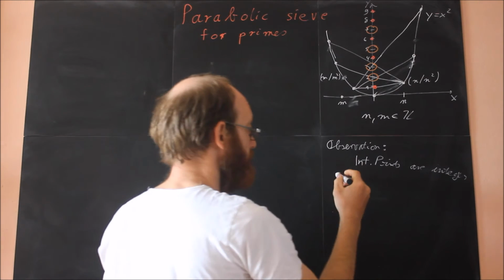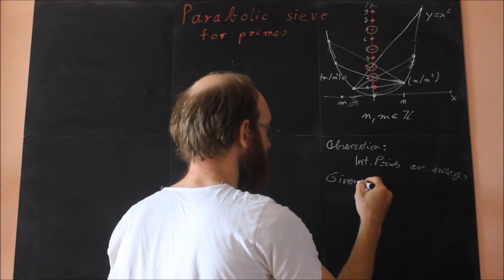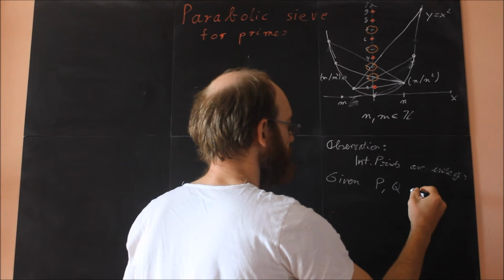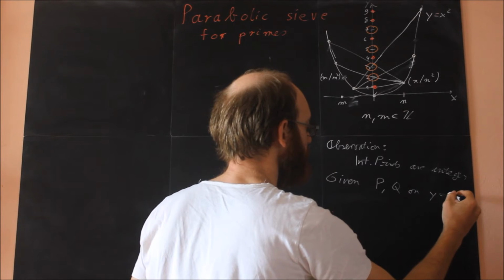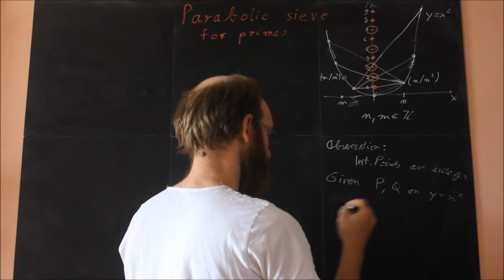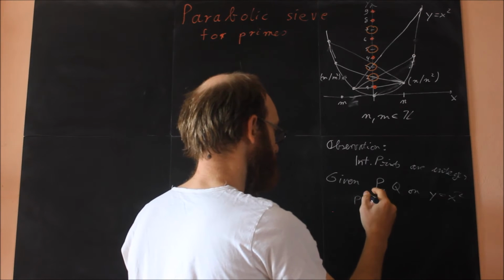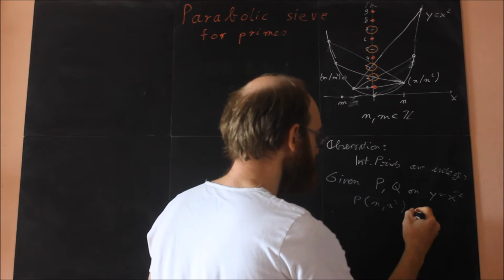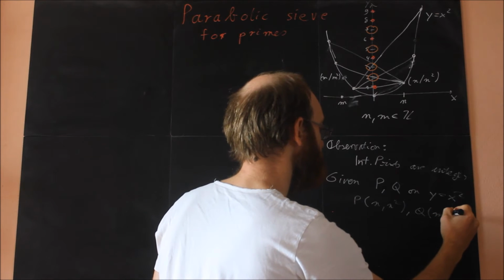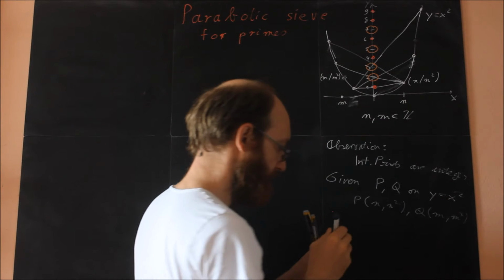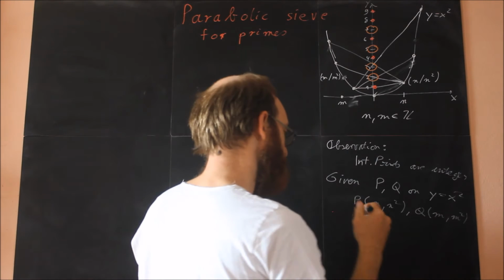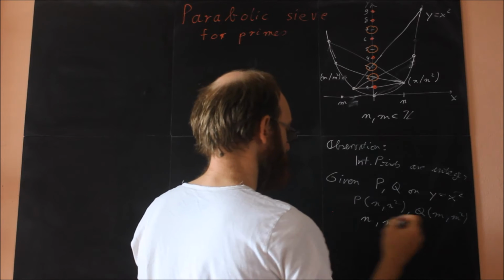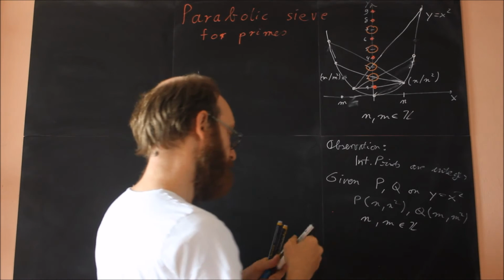And so we are given 2 points P and Q on the parabola, and P and Q have integer coordinates, let's say n squared and m squared, and n, m are integers. Okay, and our goal is to show